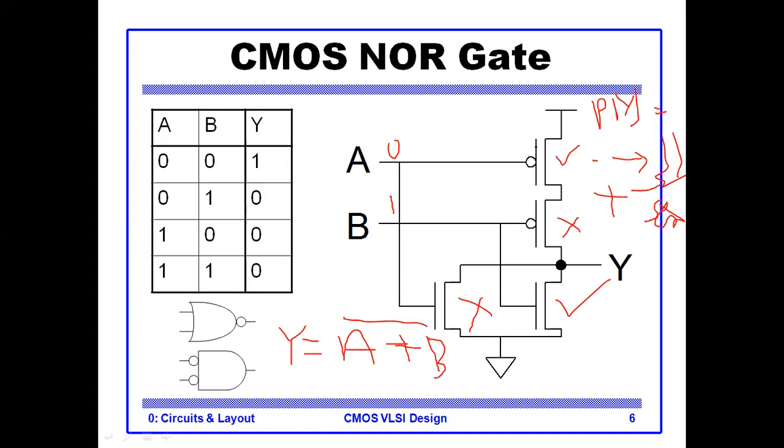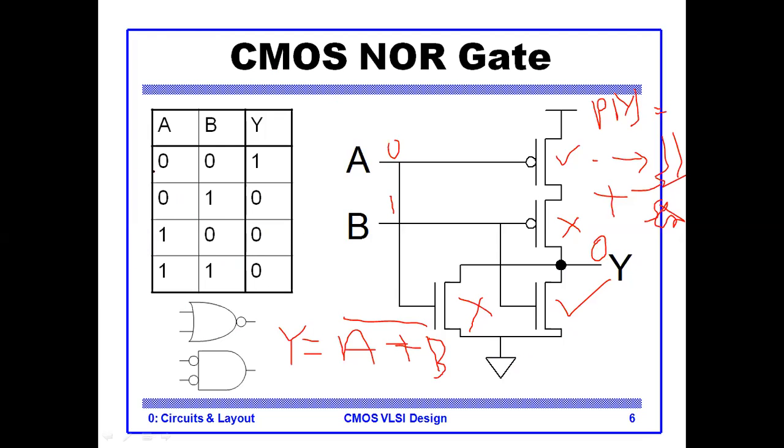So that's why, from the pull-up network, one of the transistors is in the off state, so VDD will not appear at the Y terminal. But in the pull-down network, the transistors are in series, and now one of the transistors is in the on condition. That's why VSS, or we can also say the ground potential, will appear at the Y terminal, and that is 0. So for any input being 0 in the case of the NOR gate, the output should be 0.